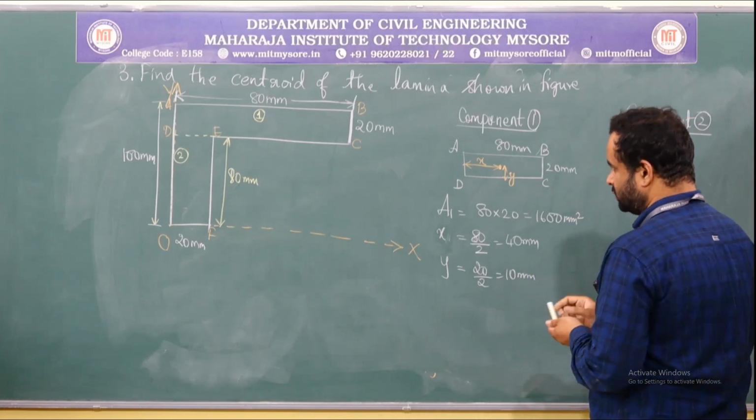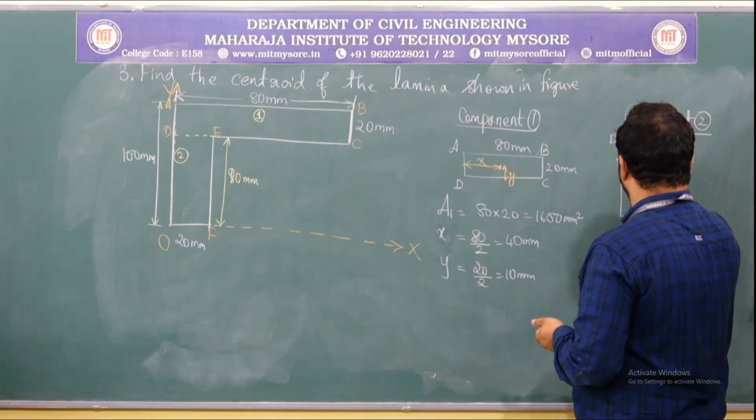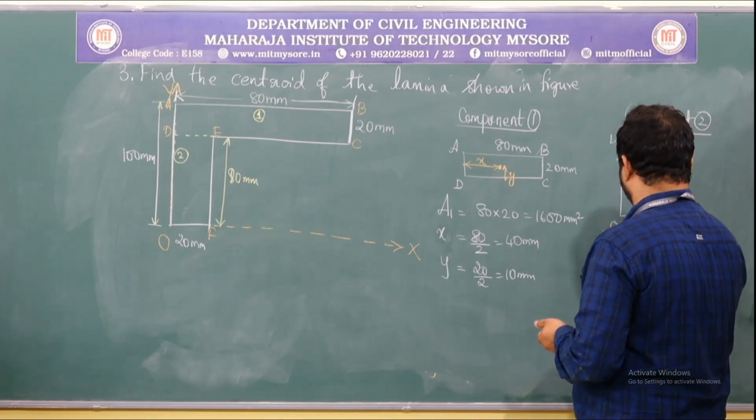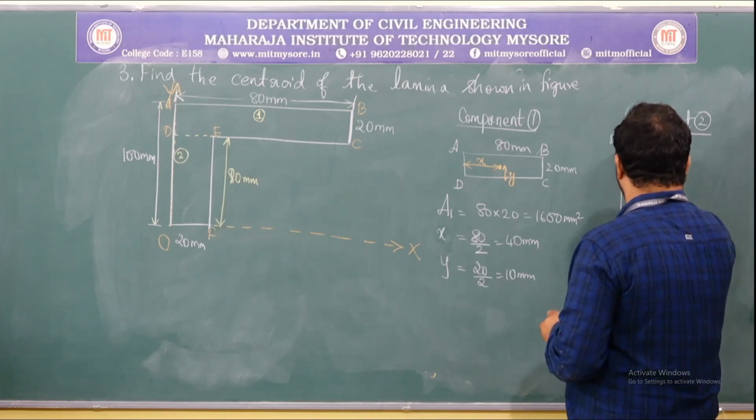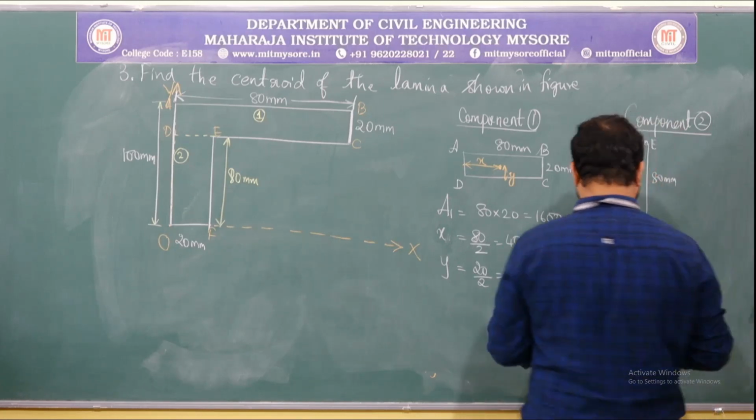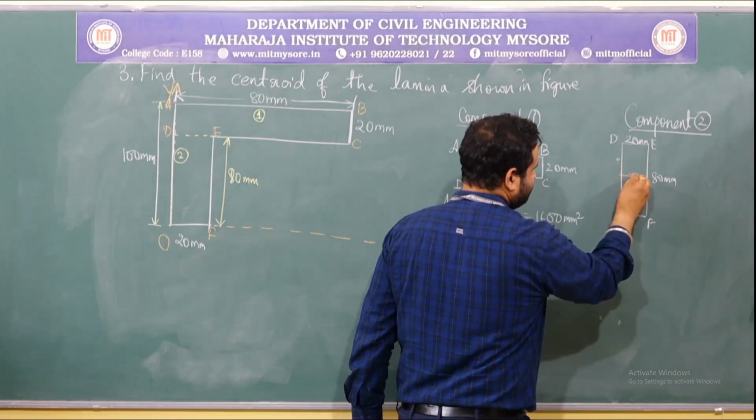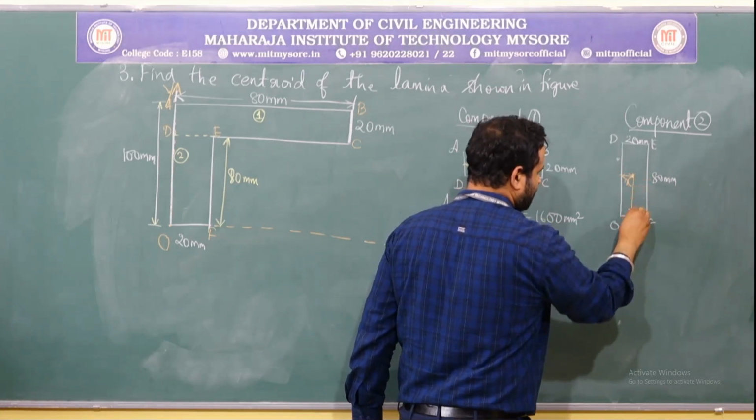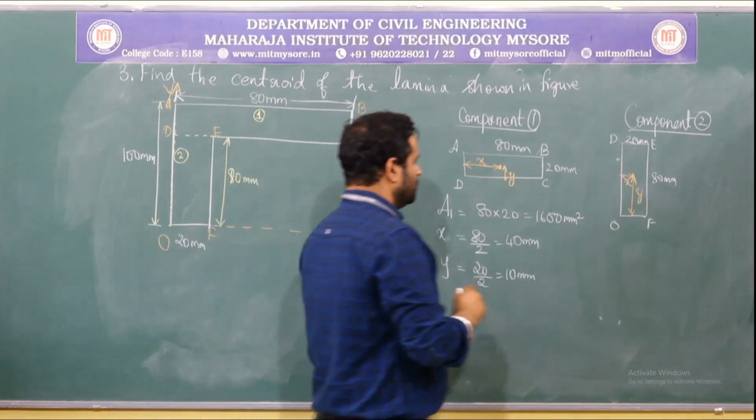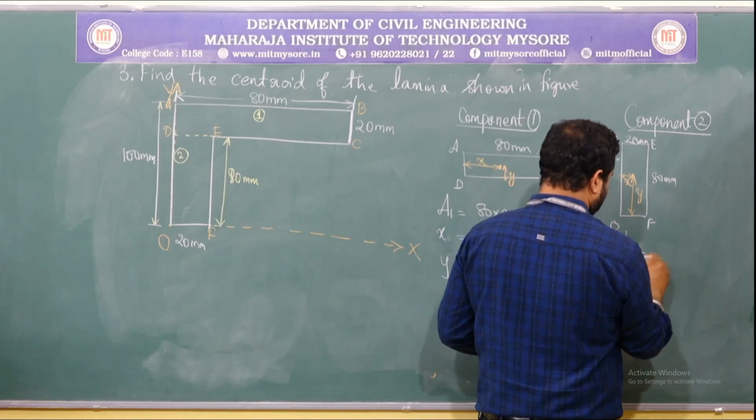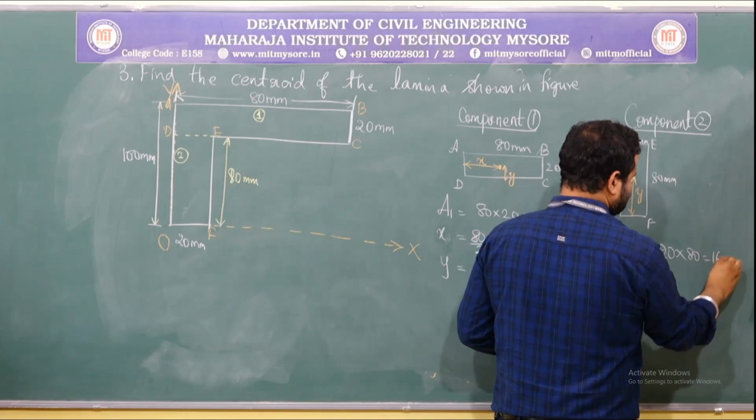So the component 2 is oriented like this: D, E, F, O. The dimensions are 80 mm and 20 mm. So try to locate the centroid. This will be the x component of this rectangle and this will be the y component of this rectangle. Now calculate its area A2, which is x into y, 20 into 80, 1600 mm square,